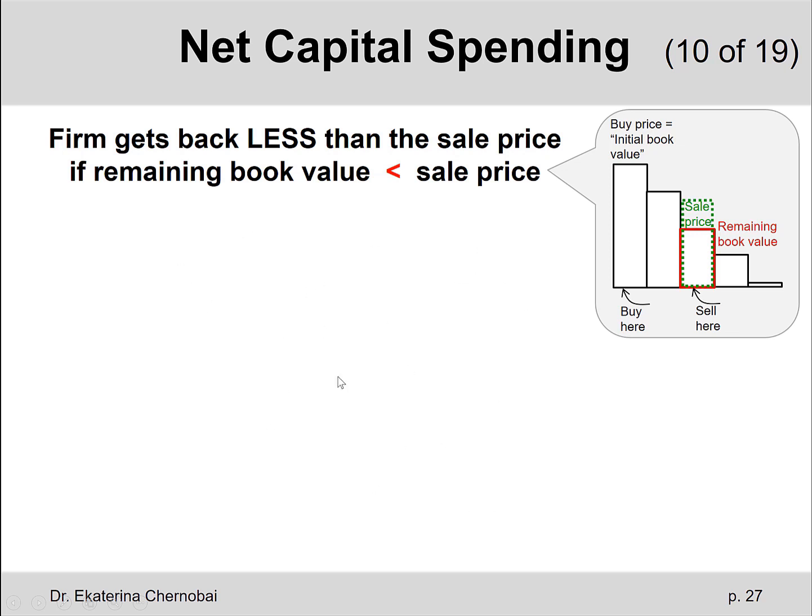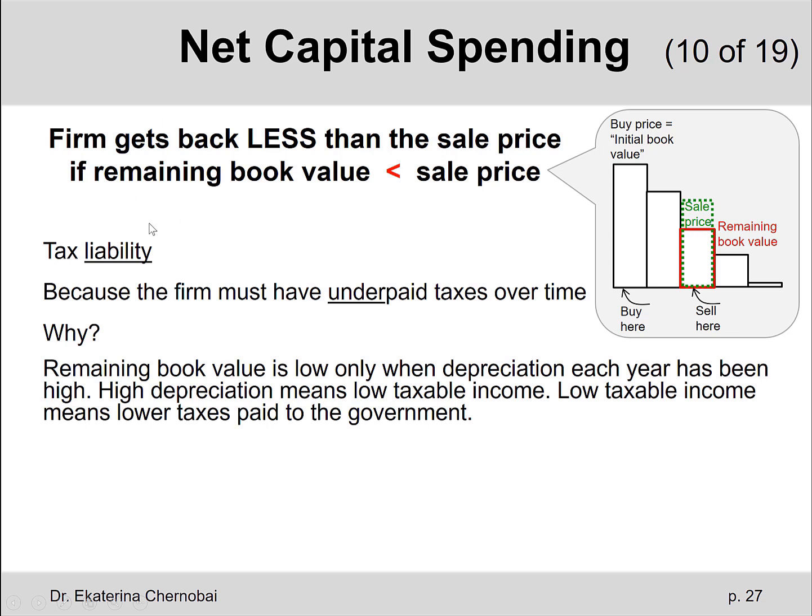And exactly the opposite explanation can be presented to explain why we are going to have a so-called tax liability. We are going to have a tax liability because this situation implies that we have been underpaying taxes over time. So the intuition is the remaining book value is lower than the sale price